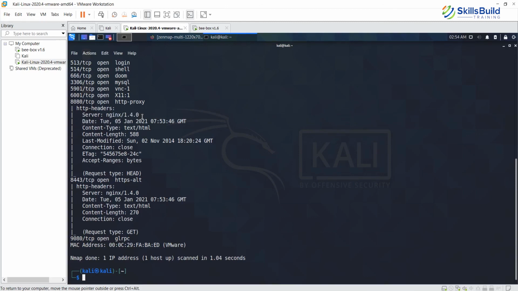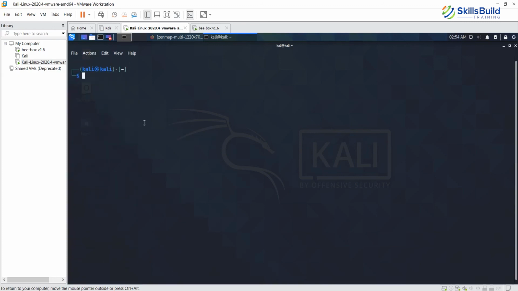Now, the last command for this particular video is nmap. I'm going to find web applications from known paths. So again, the same thing. Instead of http, I'm going to just type the script http-enum.